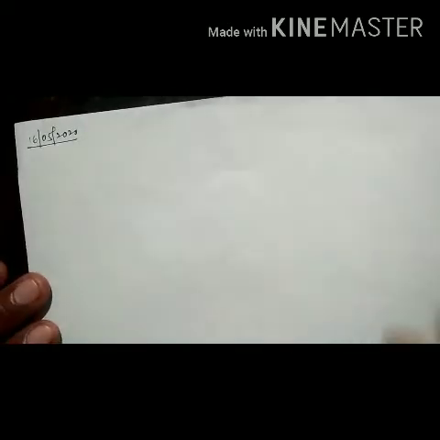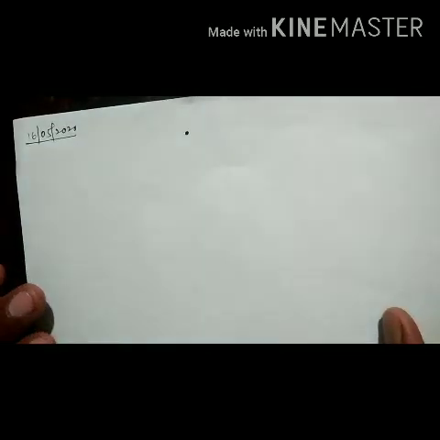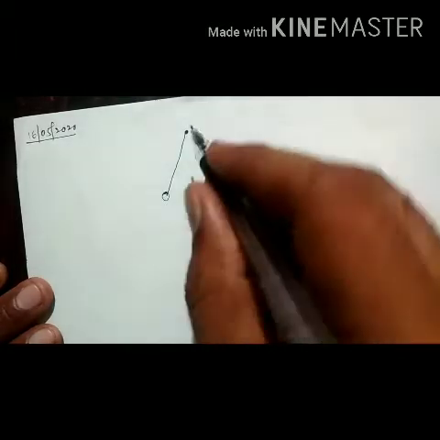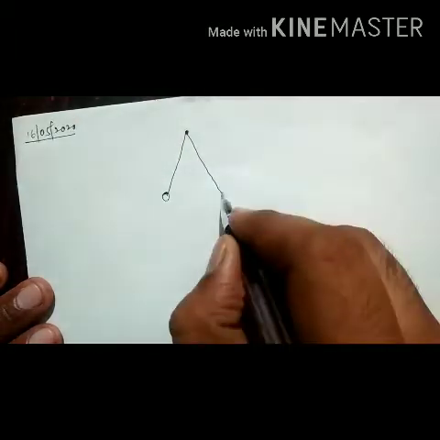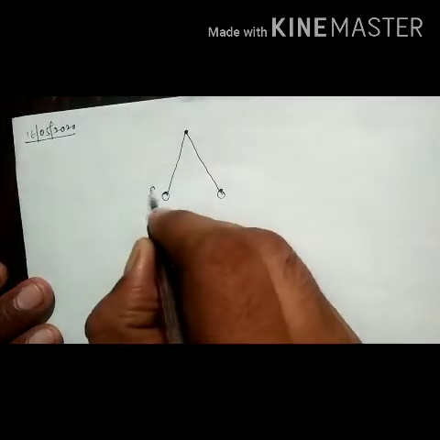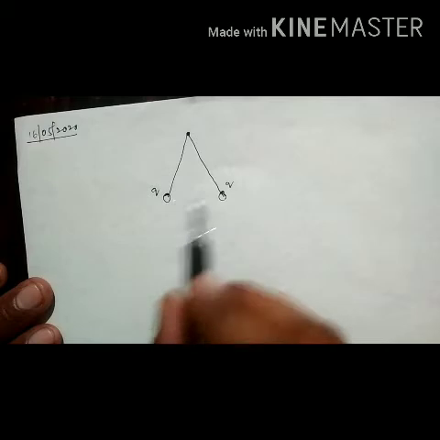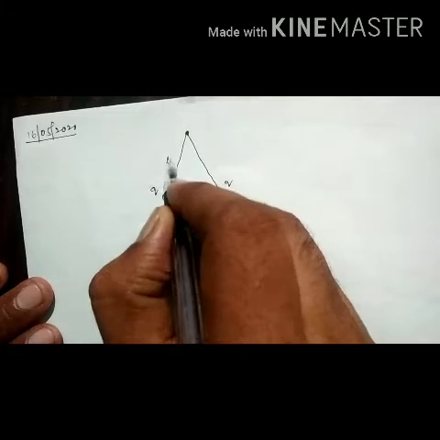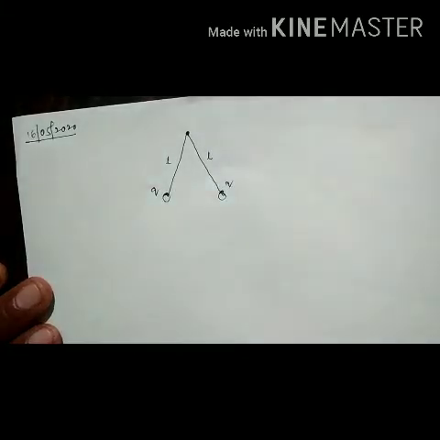So here, this is 16/5/2020, Saturday, and the concept is: two metal spheres are hanged from a common point. They have been given equal charges. When these two are given equal charges, normally they are not separated, they are just tied to a common point. The length of each string is L.